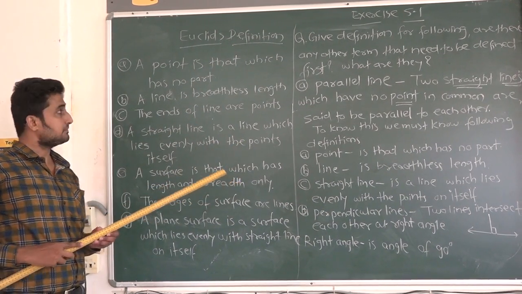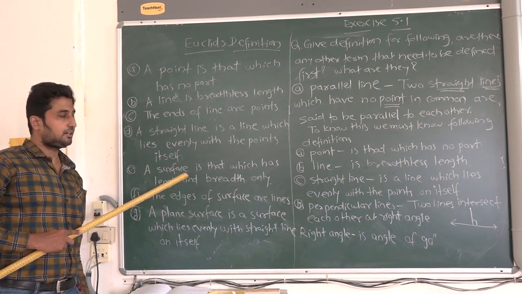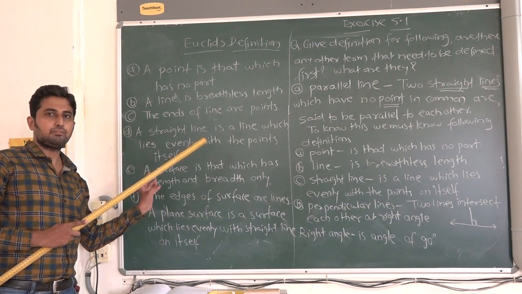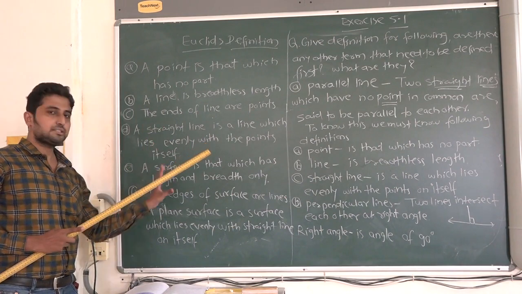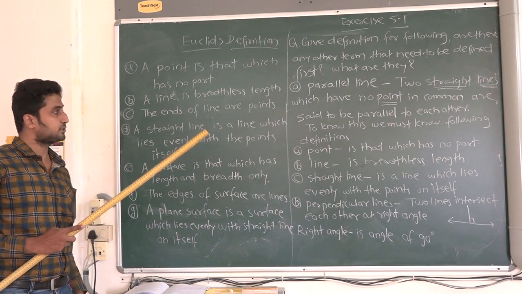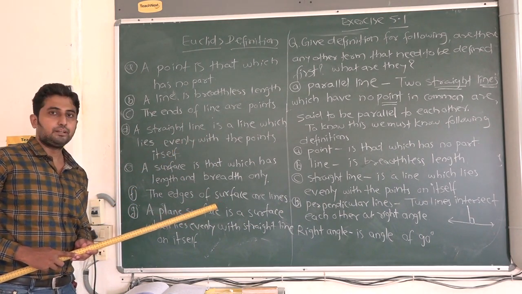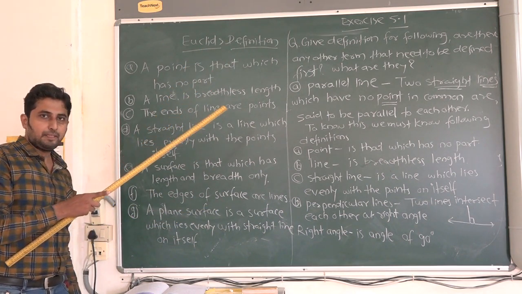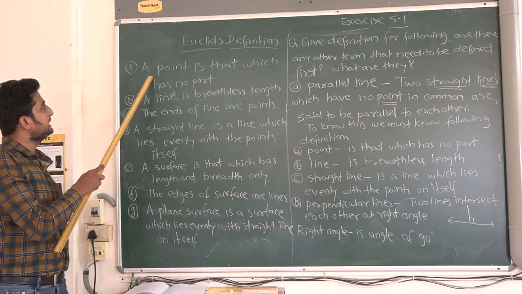So what are they? Very first, we must know all these concepts, because in case of geometry, these are the fundamental concepts which are very useful. It is a very minute concept, but we should know the concepts, and then we can find the actual utilization of these fundamental concepts. So dear students, we will start one by one. So be ready, right? So here we have the Euclid definitions. In this, the first definition that we are going to see here is a point.